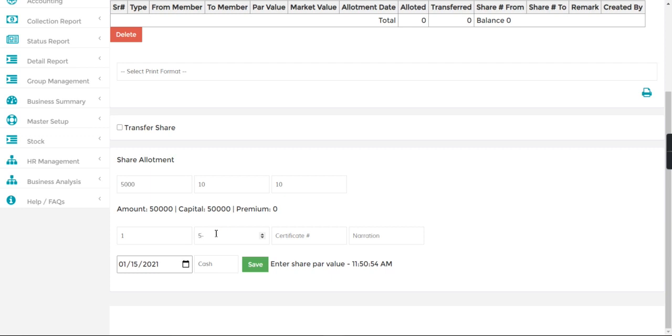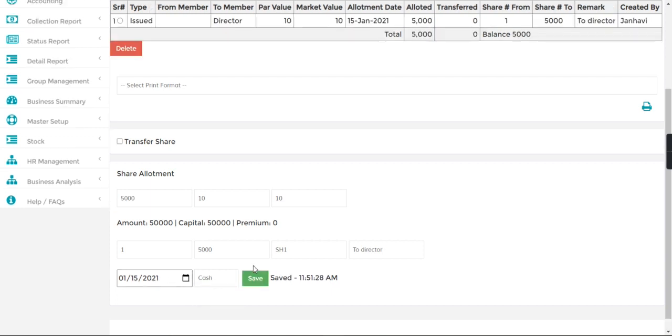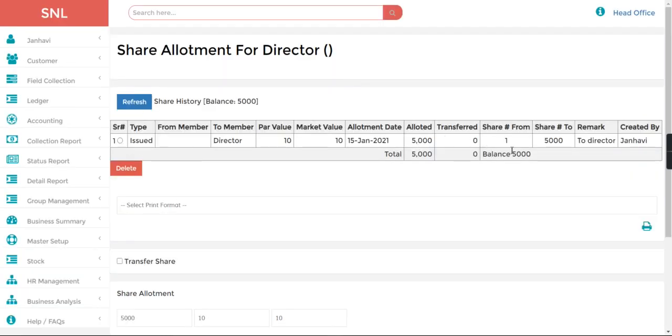Shares 5,000 and there is one share certificate. So narration we can write down, transfer to the director. Now by cash or bank, so I will select cash and as on this date save. So here you can see the director has now a balance of 5,000 shares.